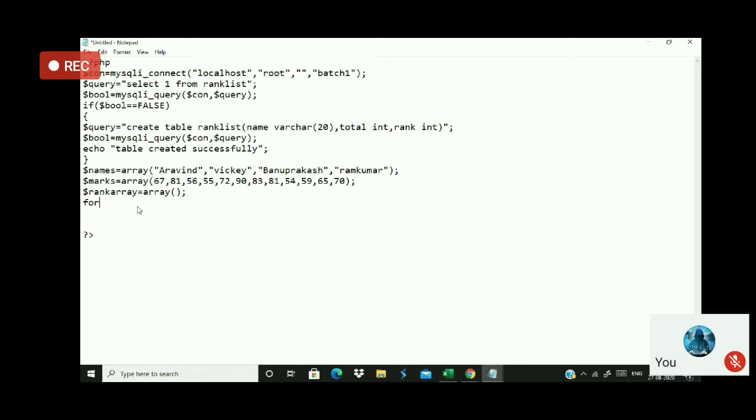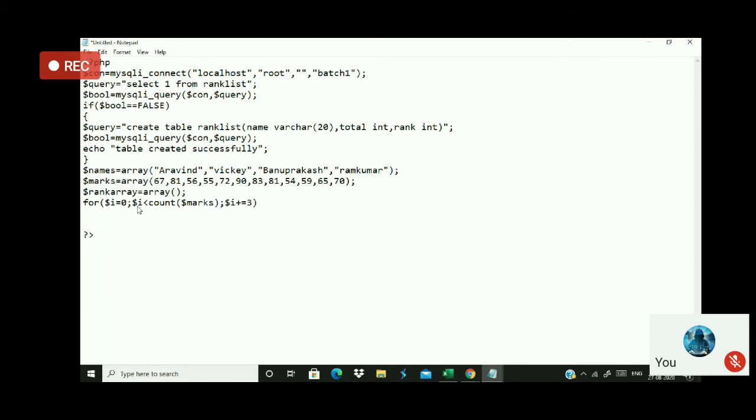So what I'm going to do is make a for loop here for $i equal to 0. Now listen carefully. I want to count these marks here, so $i less than count of marks, and $i plus equal to 3.